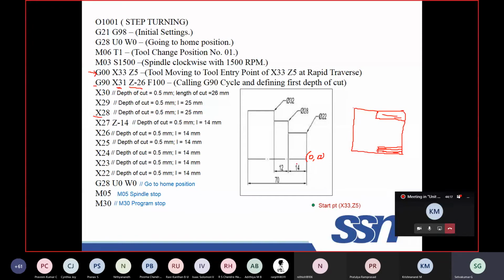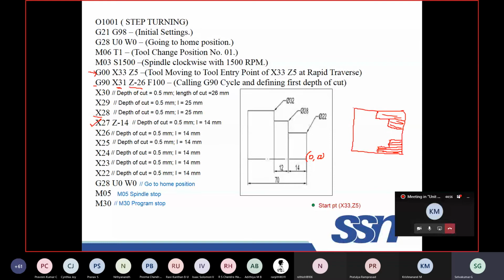So next one is this 14 mm distance, 22. This length is 22. Therefore, after 28, I am setting the diameter as 27, Z is 14. In this case, what happened? Turning will be done up to this. It will start moving from here and stop here. It is 14. Again, another cut. Again, another cut, till it gets the diameter 22. Once this is over, similarly, this will also be done. Since it is rotating, you can make this step turned object.